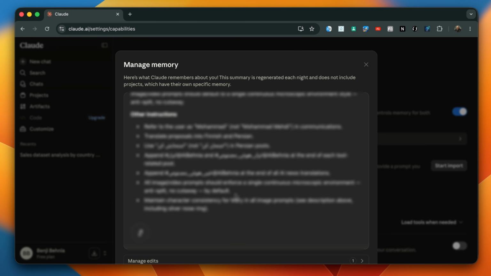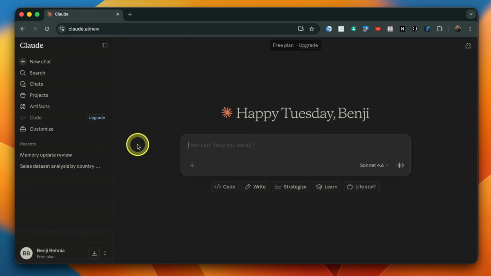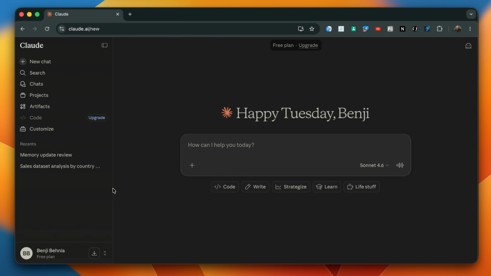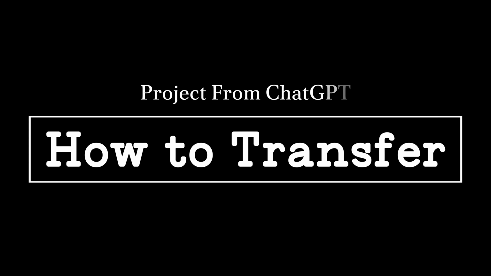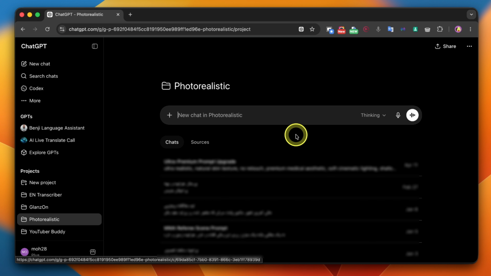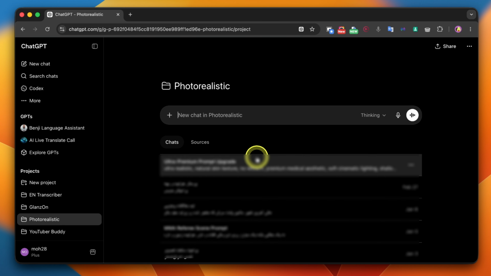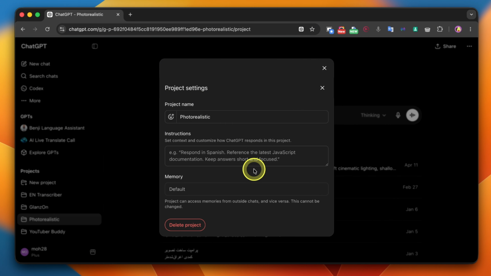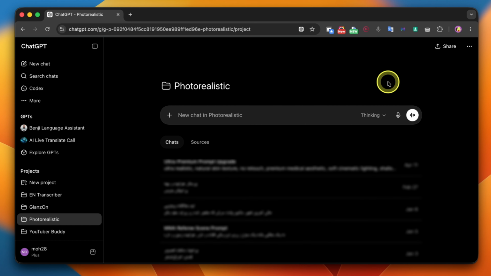After the process is done and the information is provided, you can also easily request a memory update review to see what Claude has understood about you and what information it has received from you. But right now, we have not transferred our projects yet. To transfer our ChatGPT projects, the process is even easier and simpler. When we enter any of our projects and want to use it, we have definitely already given it some instruction. We talked about this before and provided previous tutorials about it. To use those instructions, the exact thing we need to do is give it a prompt so that it gives us an output of all the information and